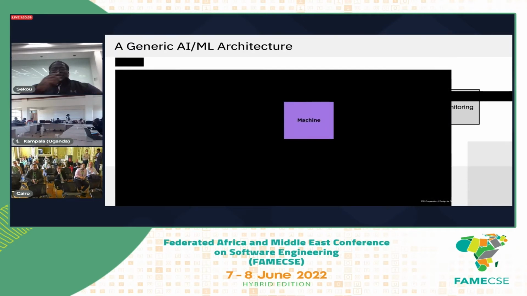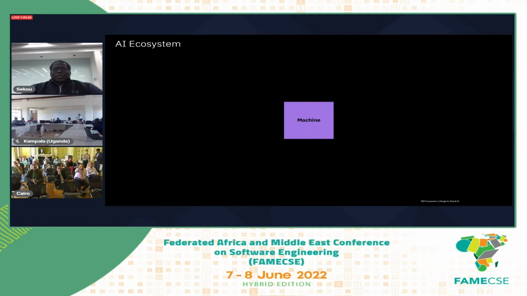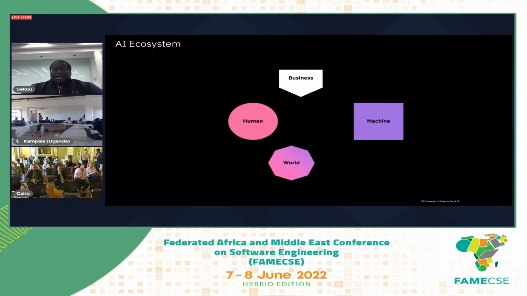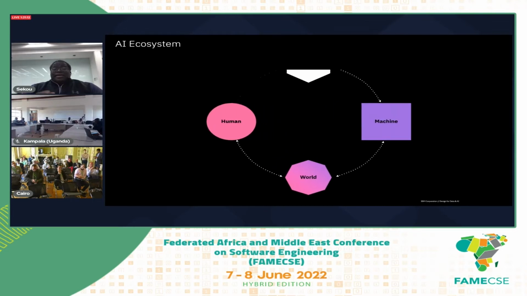Moreover, to make this point in a slightly different manner, when we focus on that box, we focus on the machine, the machine that's doing the learning. But it's a very small box, and we ignore the human element, we ignore the business processes that exist in the context, and we ignore the world in which this whole activity is happening. Each of these presents a significant challenge to developing, deploying, and then maintaining this AI, this machine learning application in the wild.